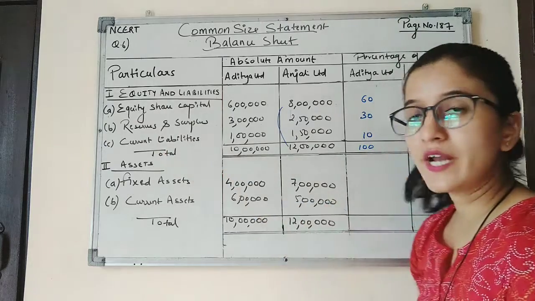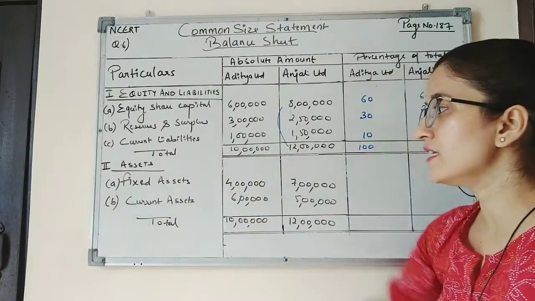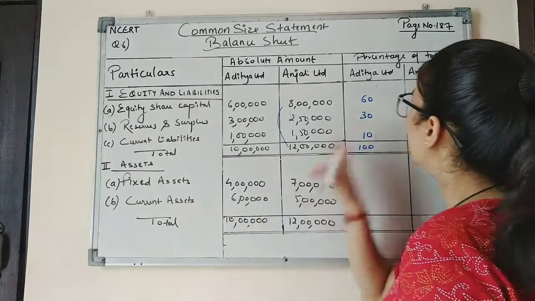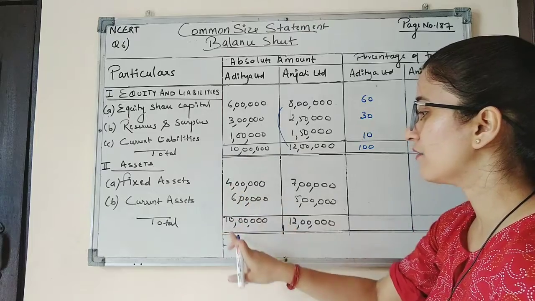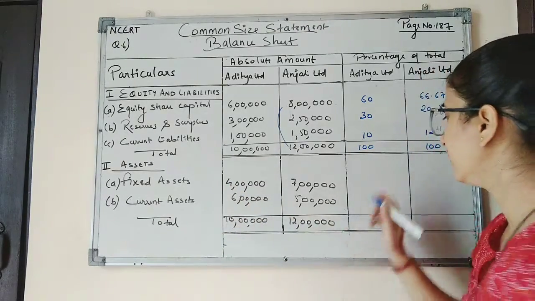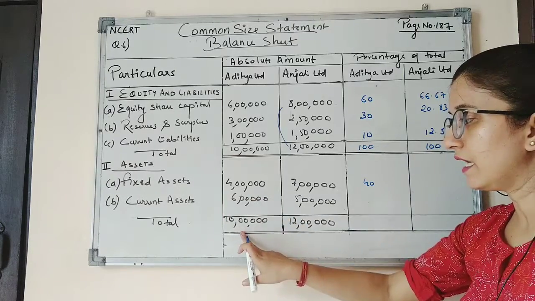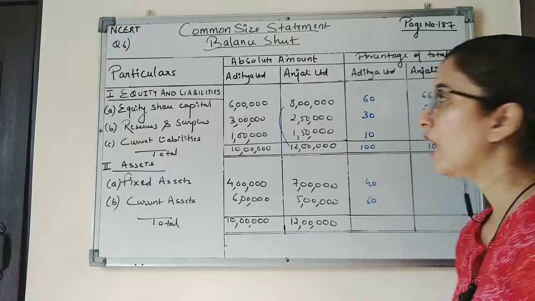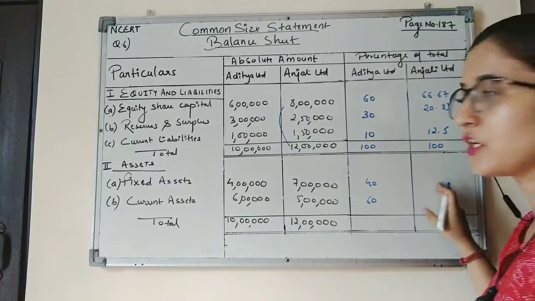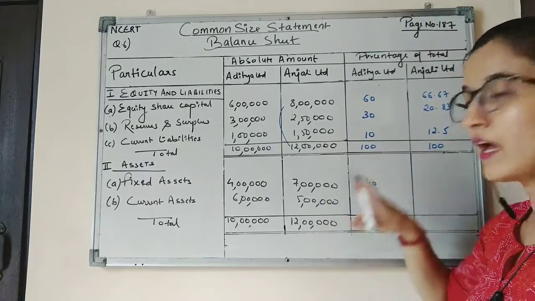Now the second major heading is the asset side. So the first subpart of the asset side is fixed assets. Now the percentage total of Aditya Limited in fixed assets will be 4 lakh divided by 10 lakh into 100, which will be 40%. 6 lakh divided by 10 lakh into 100 will be 60%. Now the percentage total of Anjali Limited in fixed assets will be 7 lakh divided by 12 lakh into 100